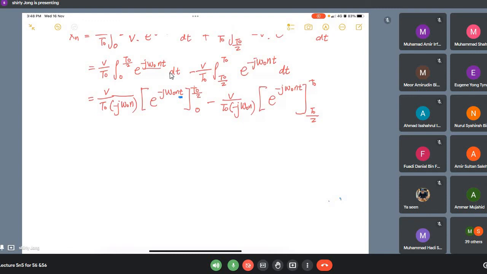So for this part, omega naught is referred to 2 pi over T naught. And then I have the t, I change to T naught over 2, because I need to change the t to T naught over 2. So I cancel out this one, and I will get pi n only. And for this one, it is 2 pi over T naught. I change the t to T naught only, so this one will change to 2 pi. So V over